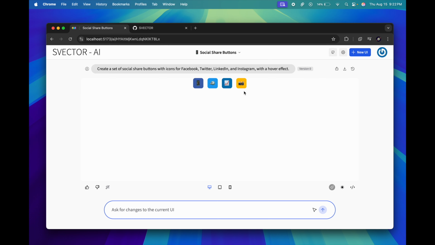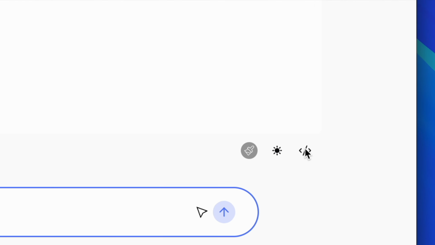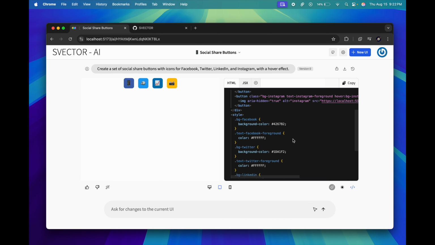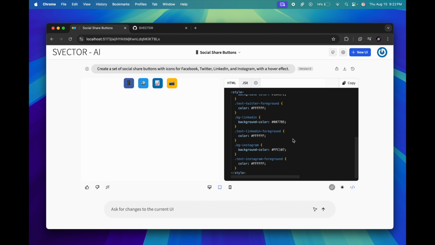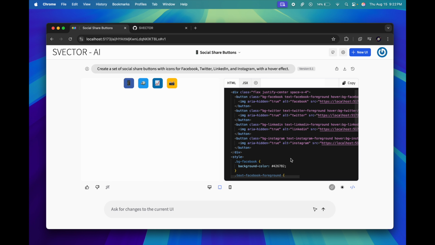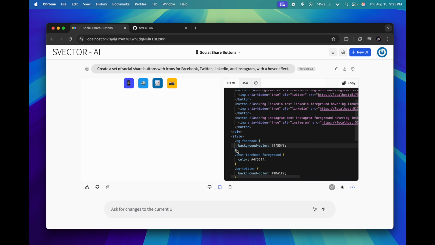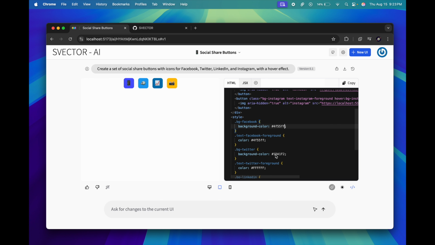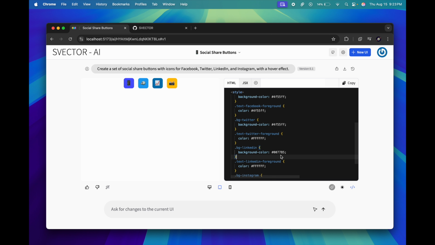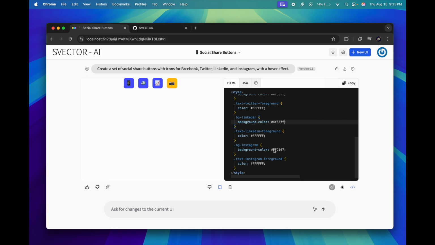Also, as it has generated this code, you can directly access this code from here, to see what code it has generated and how. You can also directly edit this code yourself, like let me change this background color, and hey, the color has been changed. Also let's change all the colors to this one, from this to this and from this to this. It will change it in real time, as you can see.